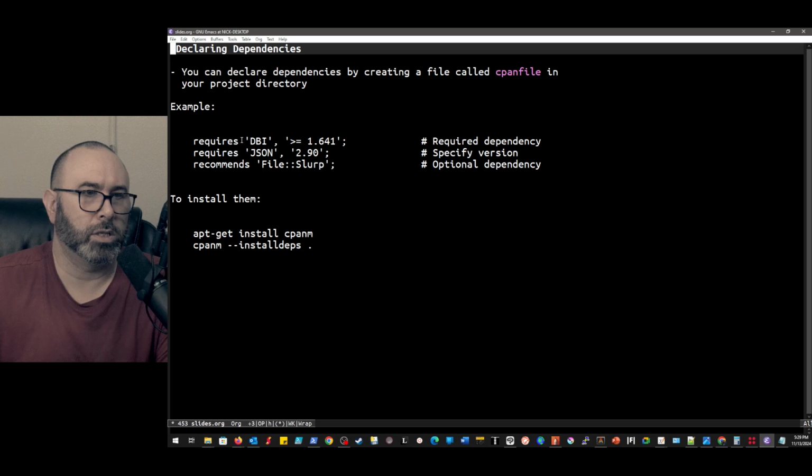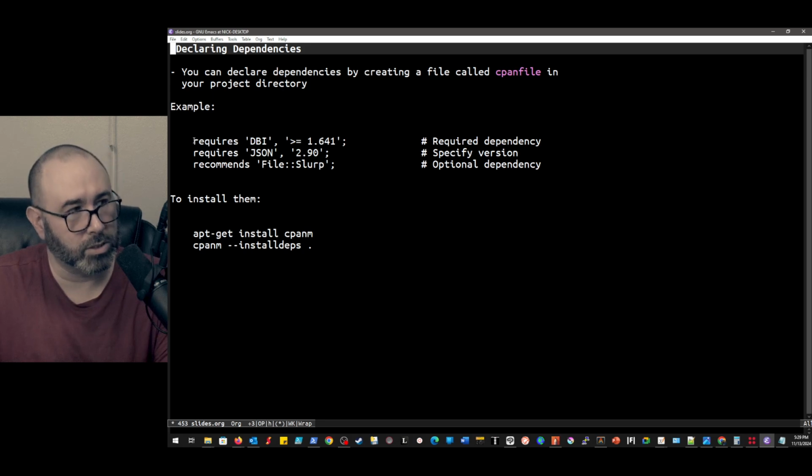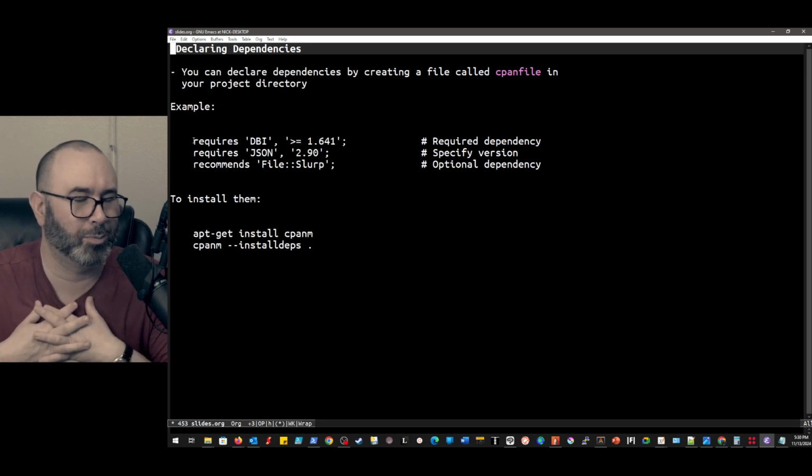So we can then declare dependencies. We have something that's not always installed, the cpanm command, and we also have a cpanfile. We can use the cpanfile to work like a requirements.txt, or pick your programming language.